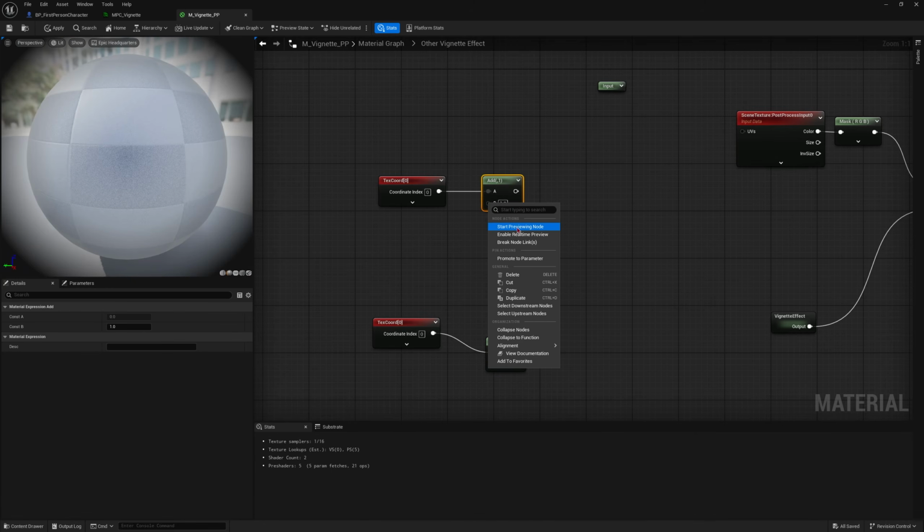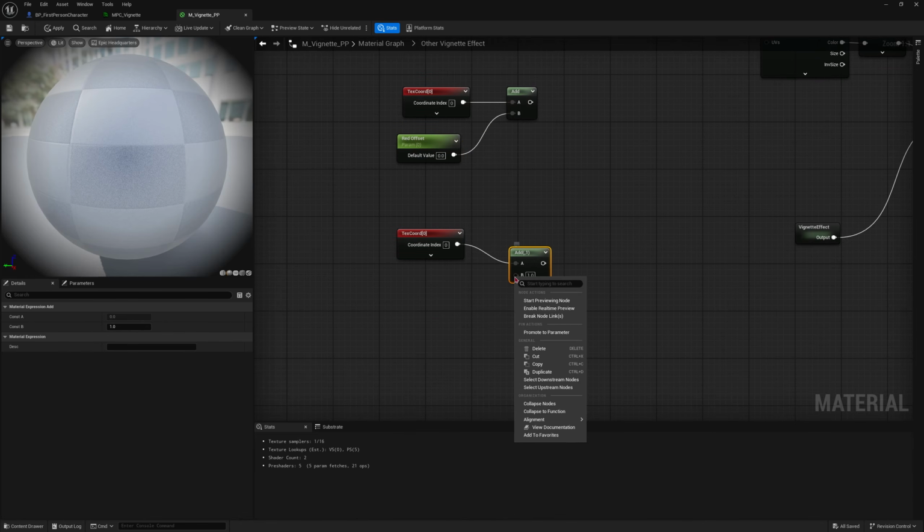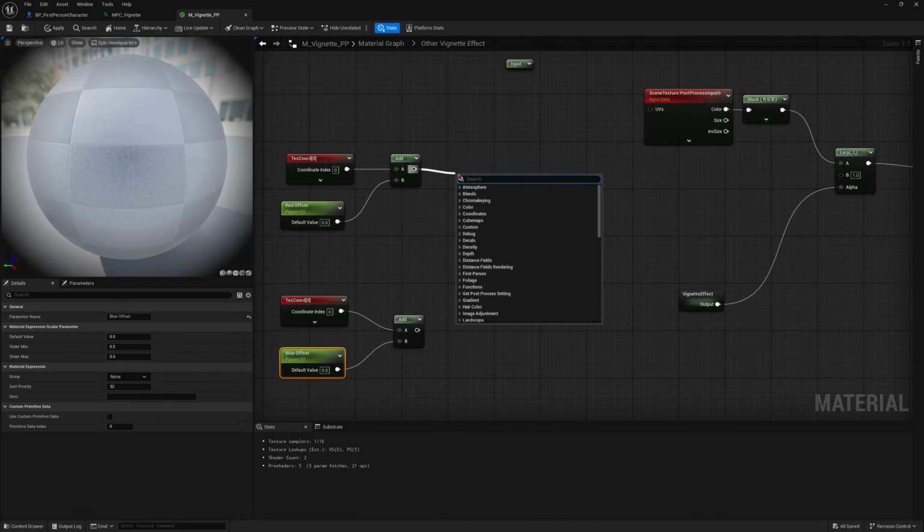So this one, promote to a parameter, red offset, this one promote to a parameter, blue offset, and put this inside scene texture,